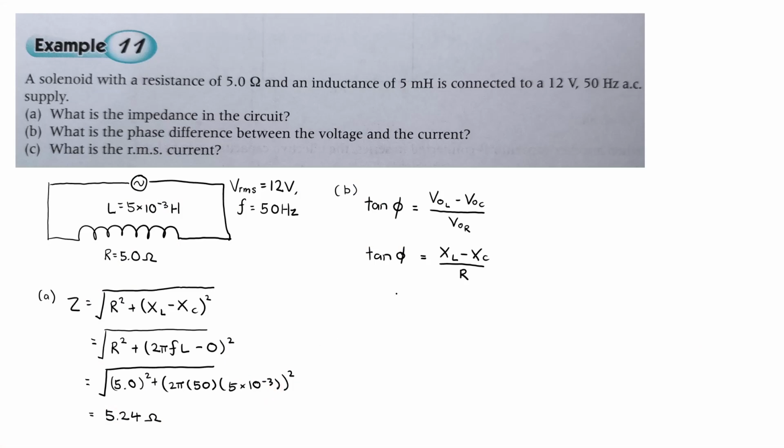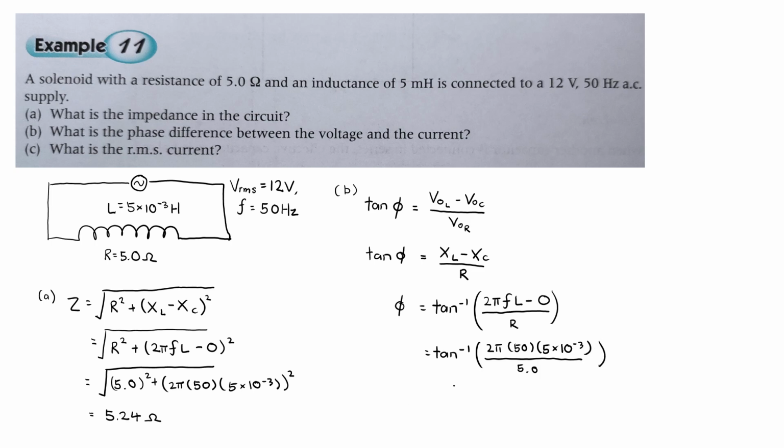Let's try it out. So phi here, the phase angle, should be inverse tangent of XL. XL here is 2 pi times frequency times inductance, and then we know that XC is equal to 0, then divide by the resistance R. So I believe you can now start to do substitution. Then it will be inverse tangent of 2 pi 50 hertz. Inductance is 5 times 10 to the power of negative 3. Then you divide by the resistance. The resistance here is 5 volt. So if you calculate everything here, I believe you get an angle of